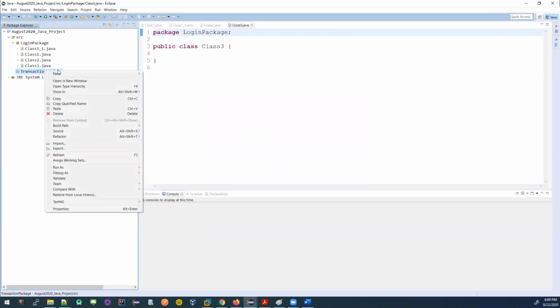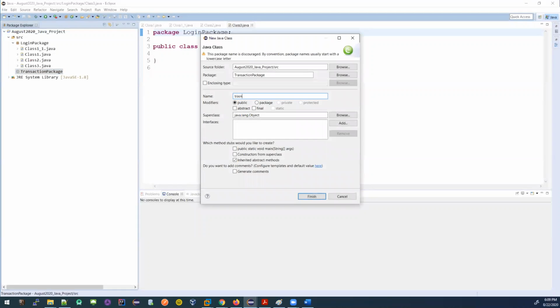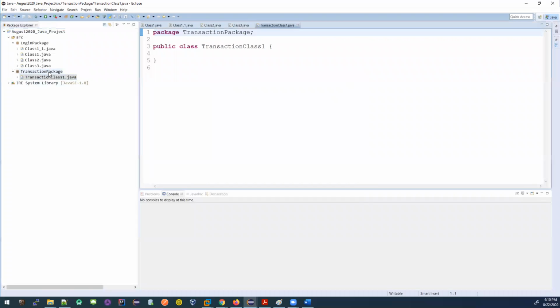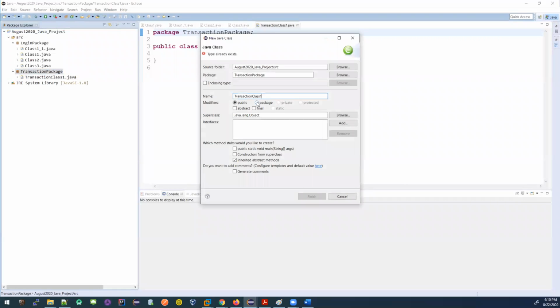So I can put classes in here, transaction class 1, and create another class which is also related to transactions.